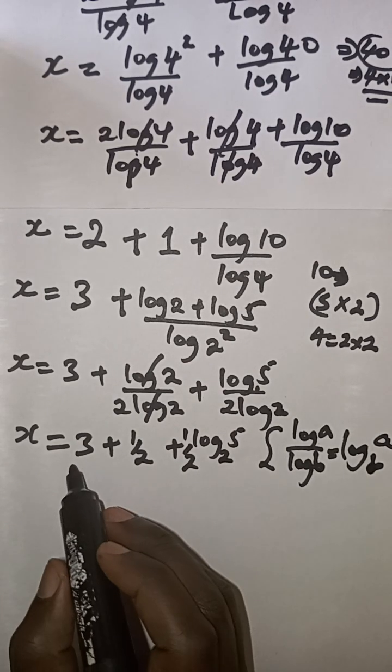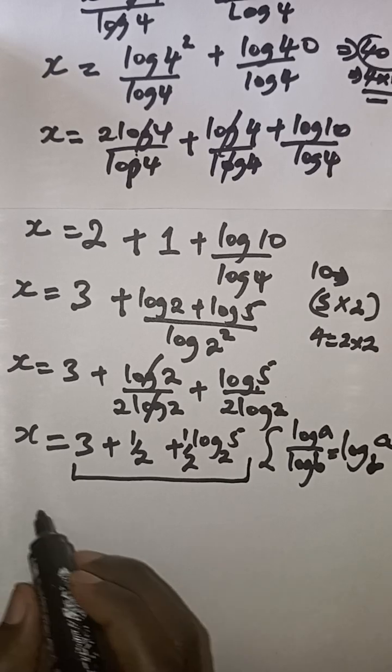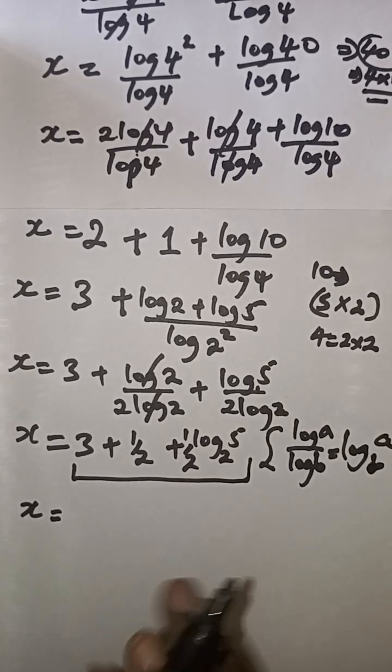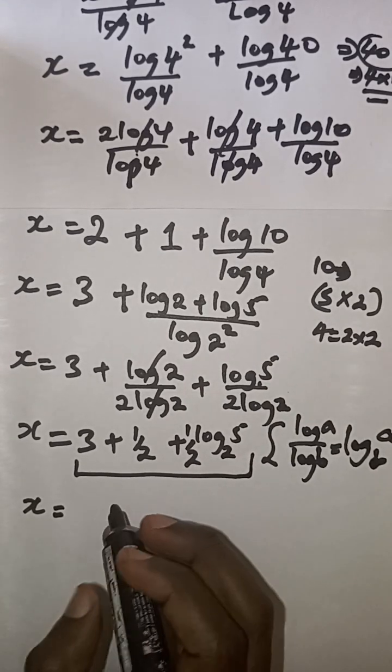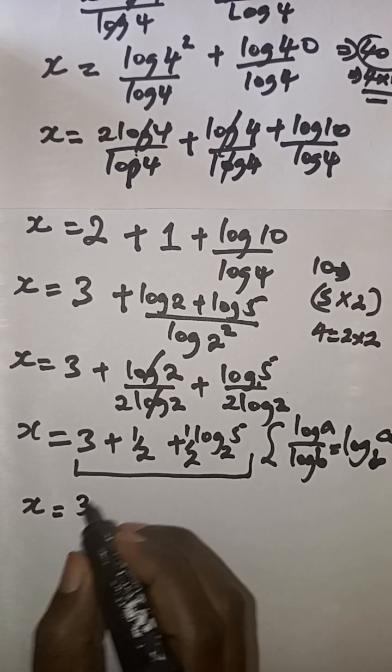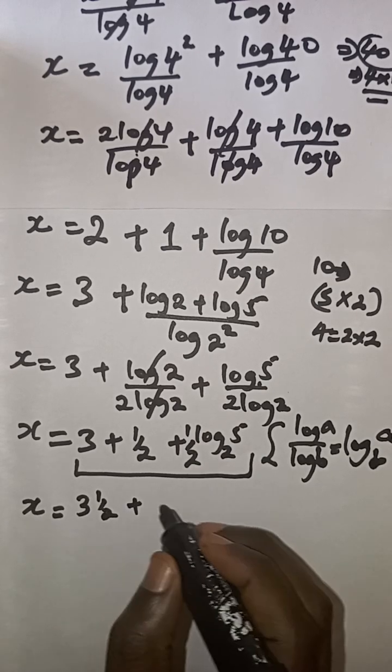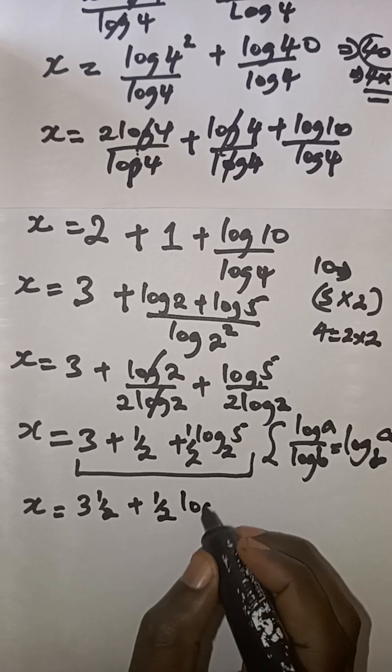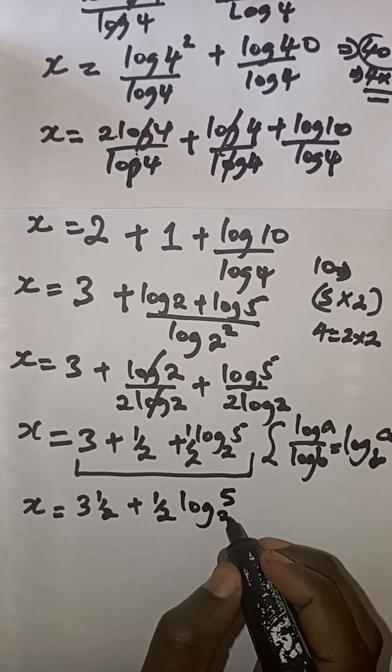So adding all this together, I end up with my final solution for x is equal to 3.5 plus a half times the log of 5 to the base 2,